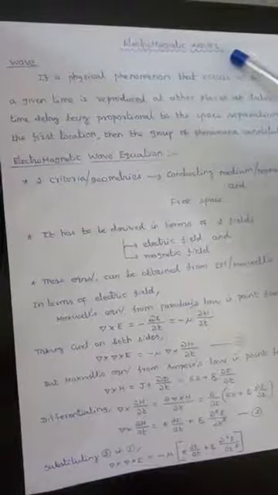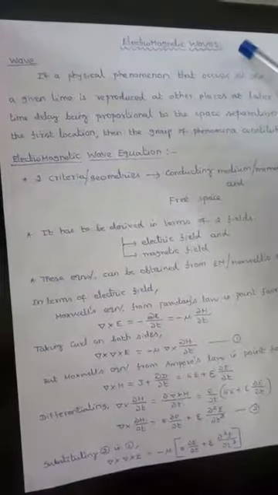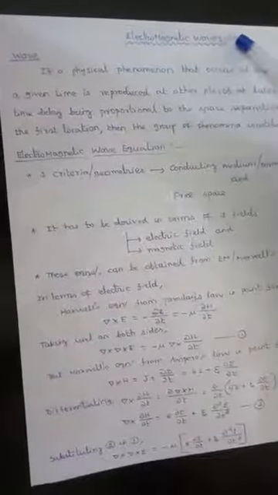Dear learners, now come to the topic of electromagnetic wave equation, which is a topic in the next module. First, before going into the electromagnetic wave equation derivation, you should know what a wave is. A wave simply can be called a combination of low tide and high tide in simple words.